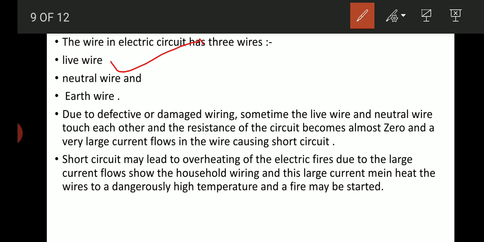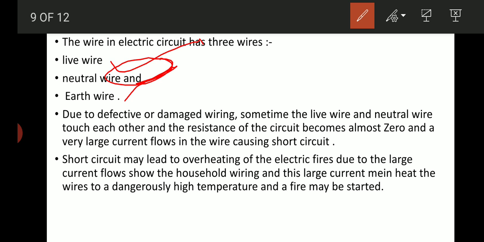Sometimes the live wire and the neutral wire in a circuit touch each other due to defective or damaged wiring. If the wiring is not proper, then the live wire and the neutral wire connect with each other, and